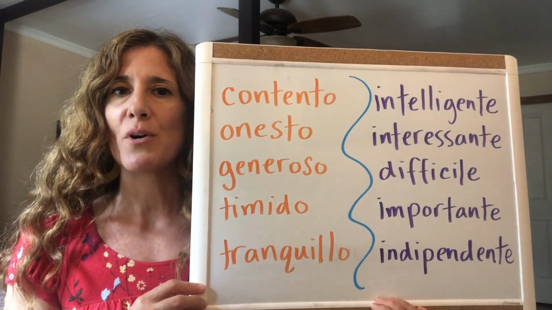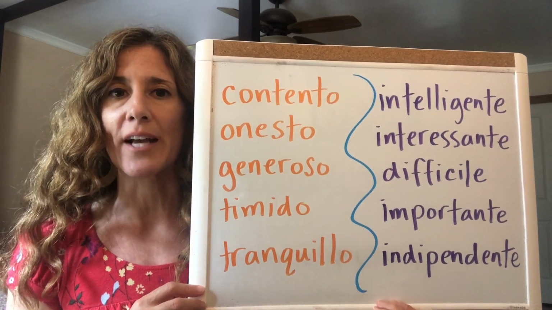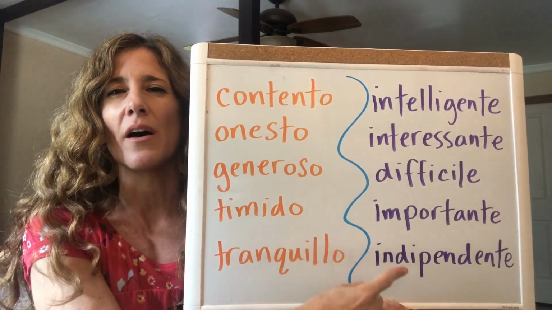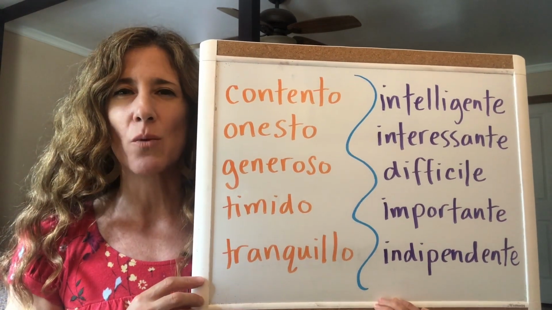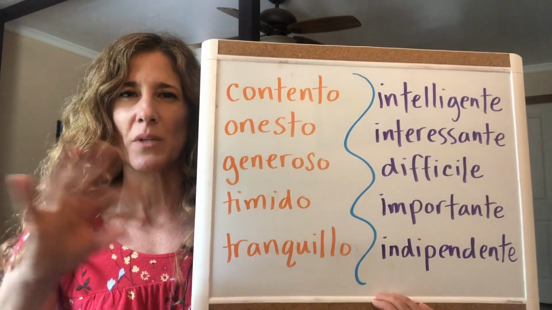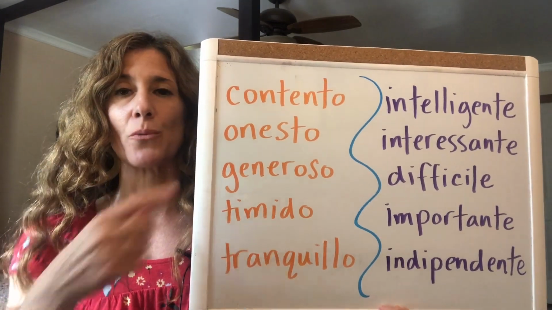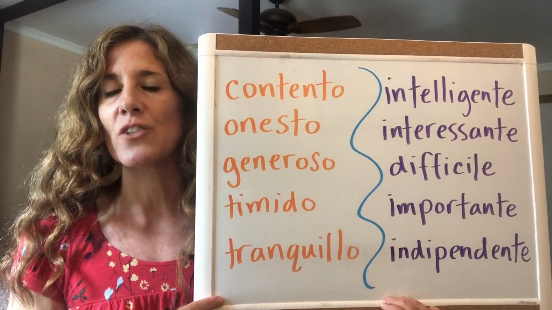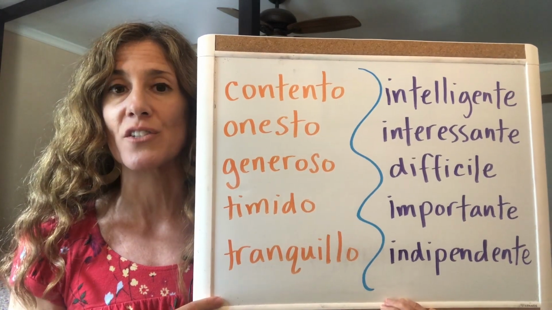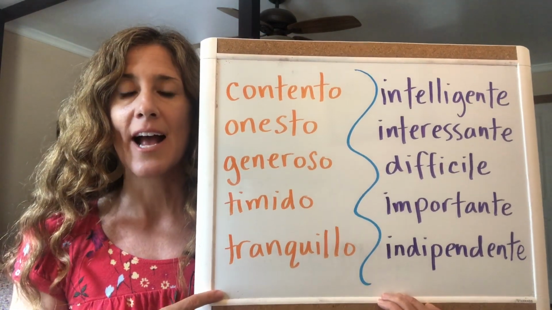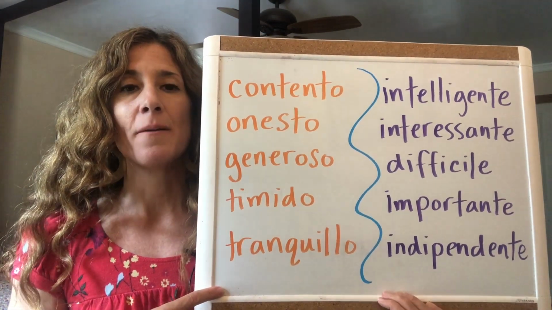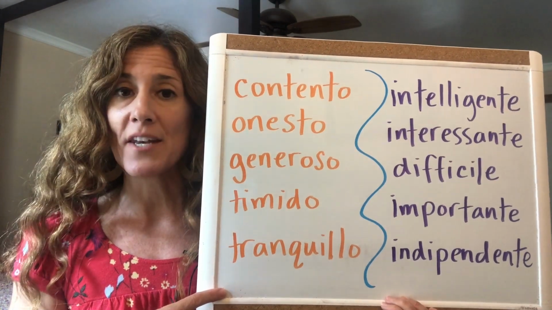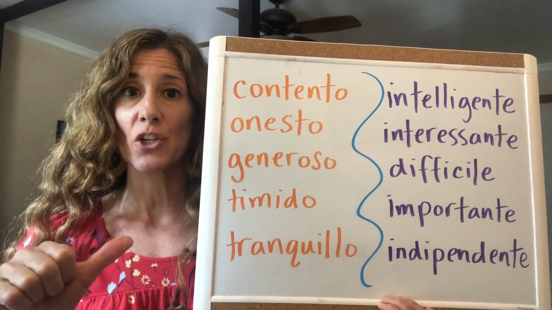So the reason why I put these adjectives into two different categories with the O and the E ending is because I want you to think of the adjectives being separated into two different groups. The group in orange here is going to have 4 different choices of ending, okay? And that means that it's influenced by the noun, whether the noun is singular or plural.